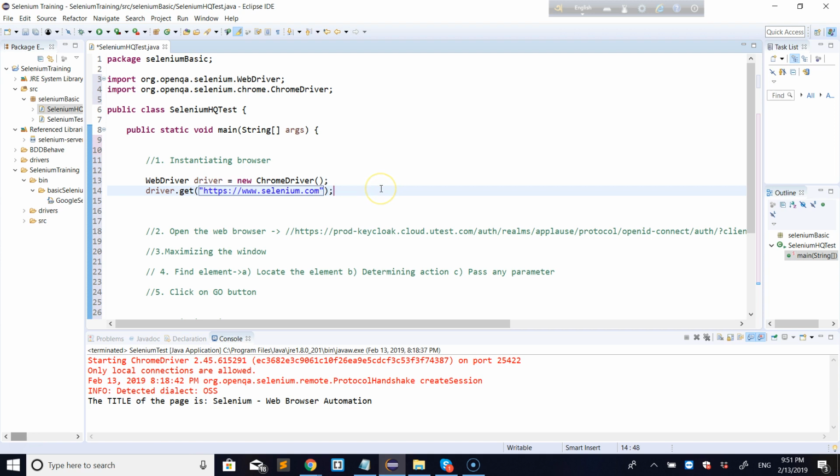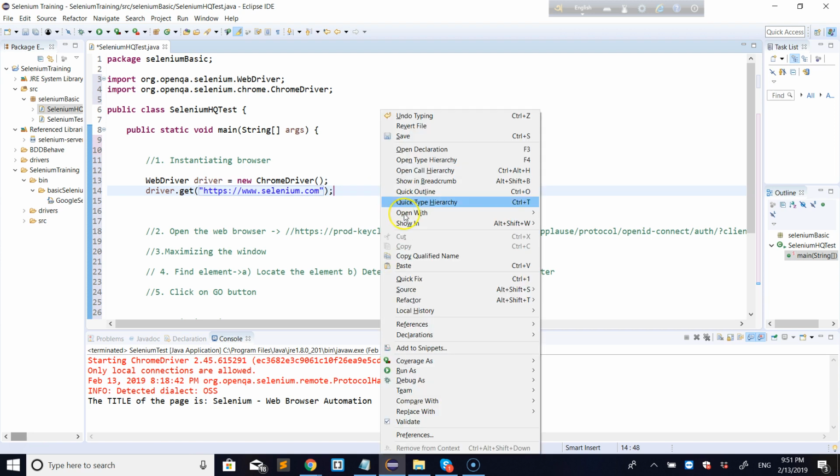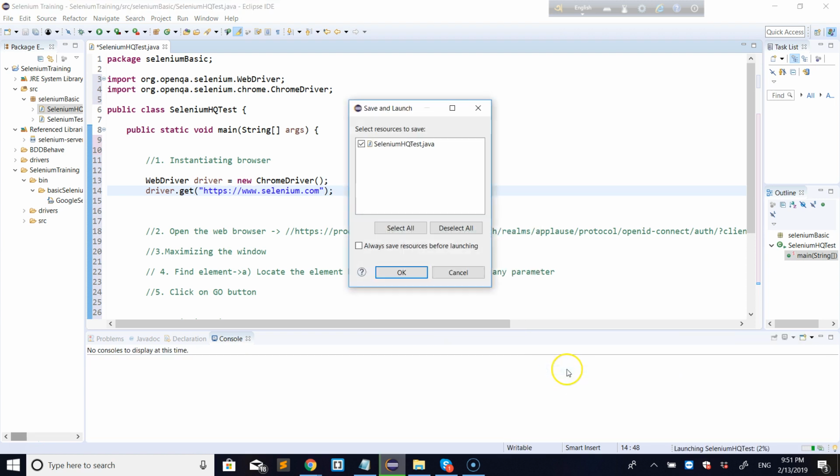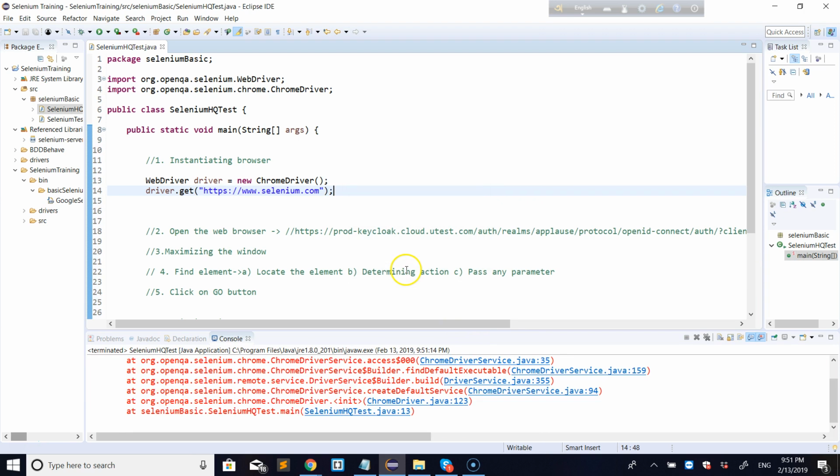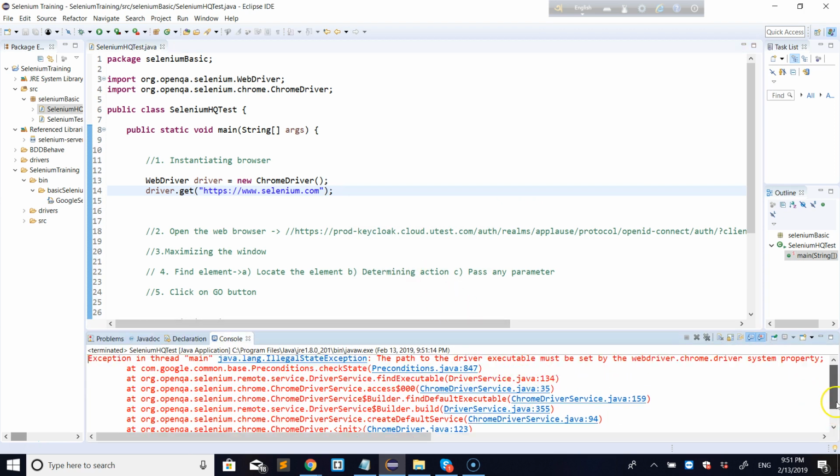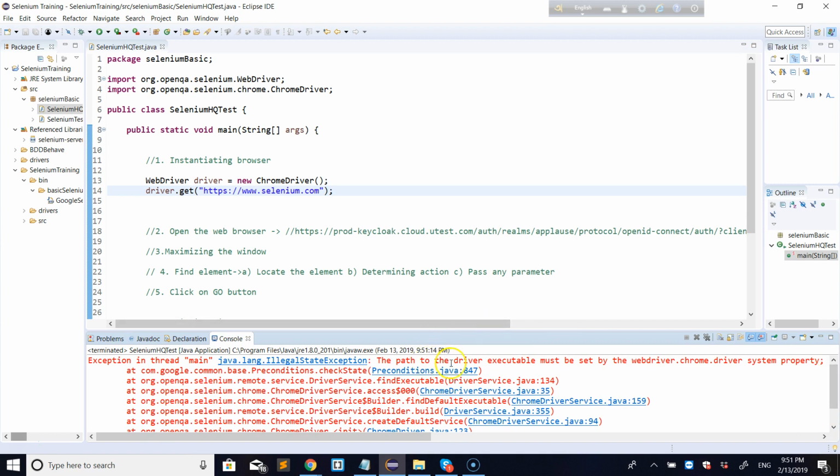Okay, then let's try to invoke the browser now and see what happens. Actually, it will not run because we still don't have the path. If you go and check, you will see the path to the driver executable must be set by the